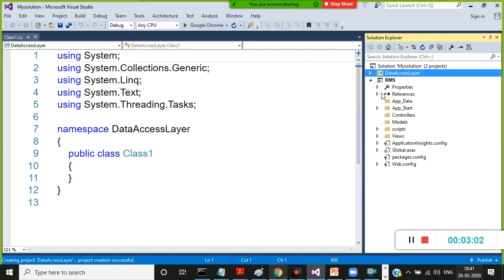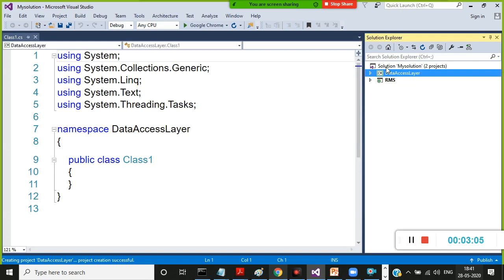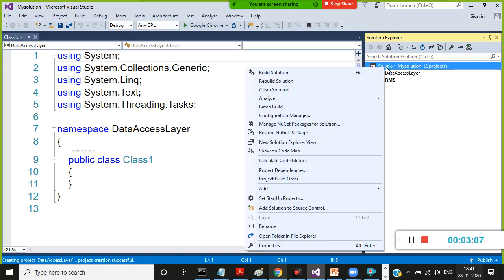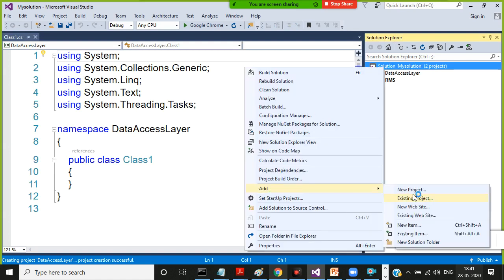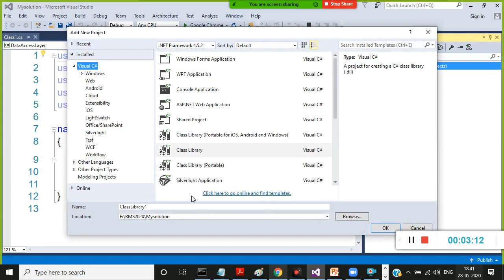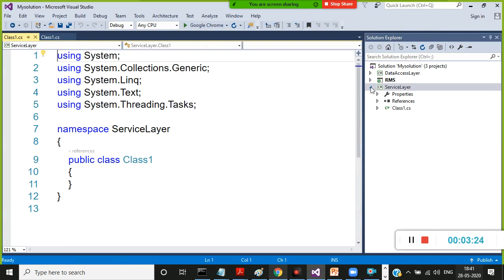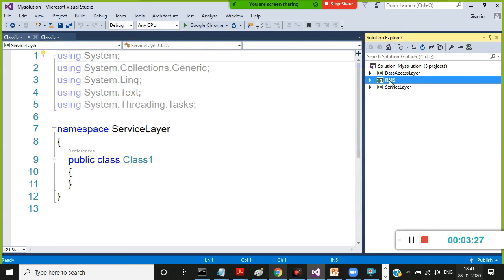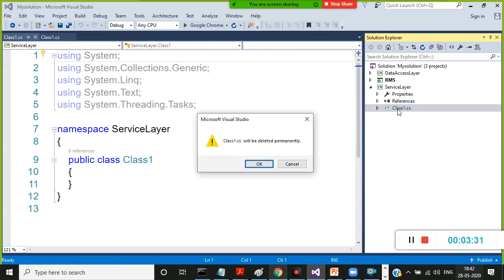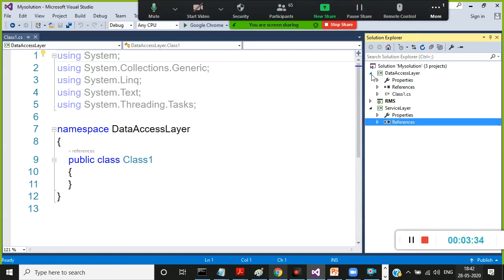So two projects are there. This is the presentation layer, your MVC folder. Models, views, and controllers are available here. And again, right-click on the solution, add new project. You can call it the service layer or repository layer. Both are the same actually. Select Class Library, and here you can write something like ServiceLayer. Is it clear? I created two separate layers: data access layer and service layer. This is the presentation layer. Now in the service layer, select the class and delete this class.